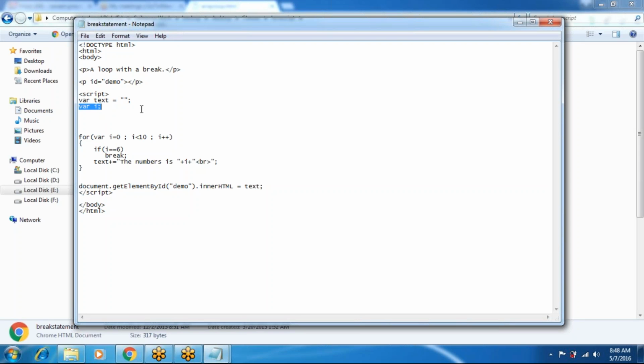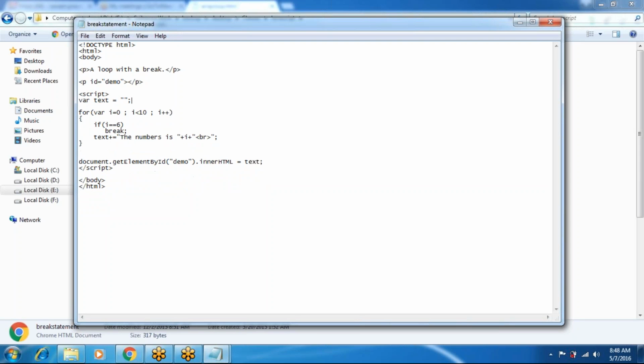The text variable displays values from 1 to 10. Where the i value equals 6, we break the for loop. Okay, we can break the loop, and the cursor jumps out of this for loop and executes the next statement.